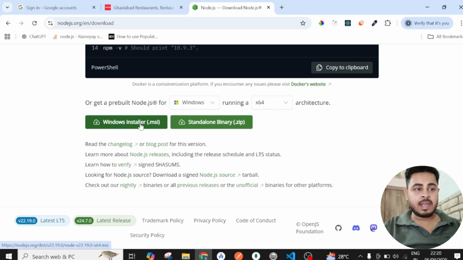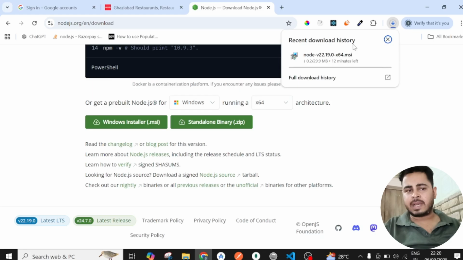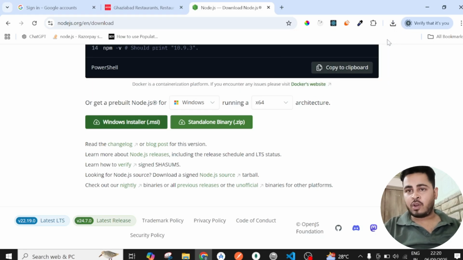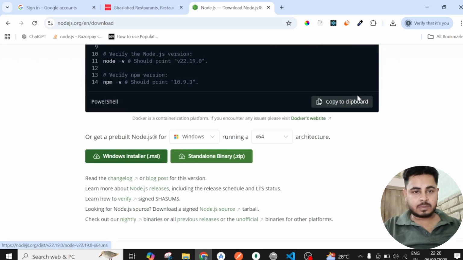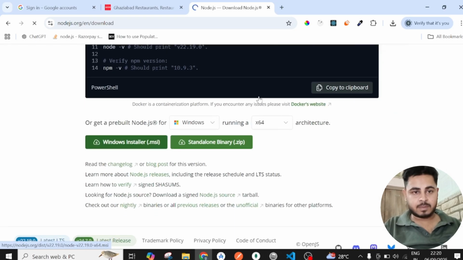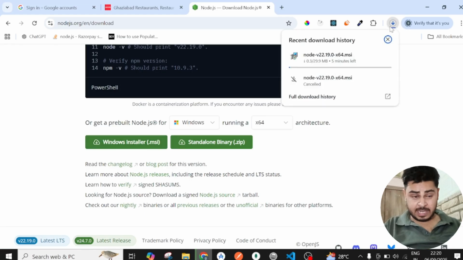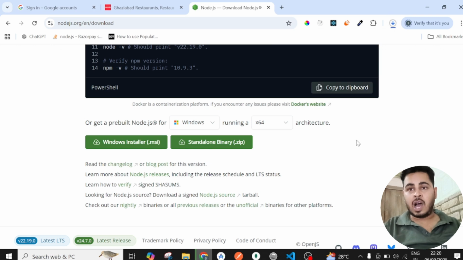download the installer file. I have already done this. Once the installer file is downloaded, it will ask for basic steps, like any of the antiviruses and other software you have installed on your system. So you just have to follow those steps, or let me show you how we can do this. Once it is getting downloaded, meanwhile let me show you